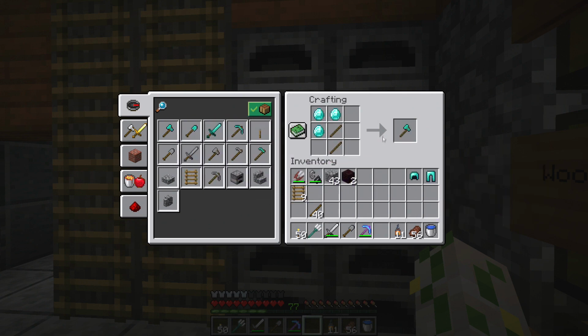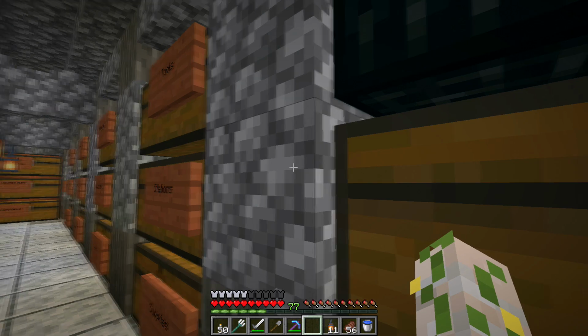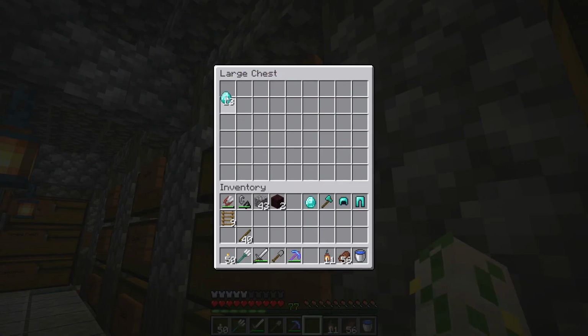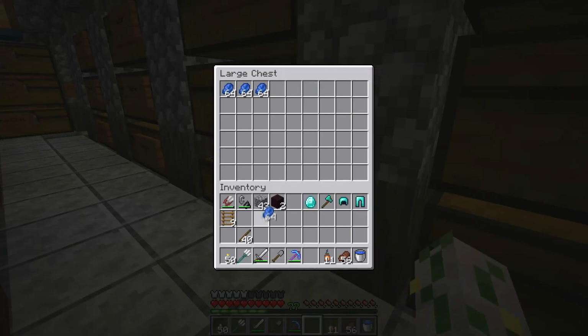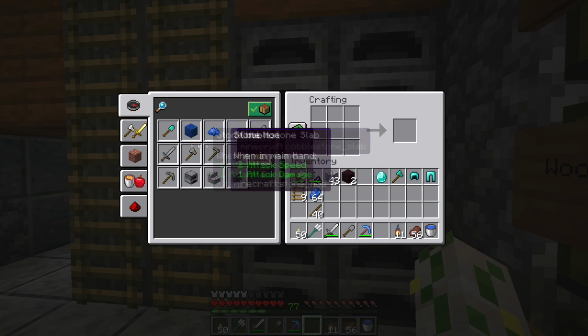An axe, for sure. Do I want a shovel? Do I have enough diamonds for a shovel? Those were mine. Let's see. There's one more. Yeah, let's just take one from the communal area. And while I'm thinking about it, let me get some lapis. I won't need nearly that much, but let's go ahead and...